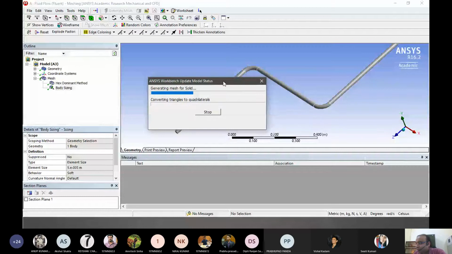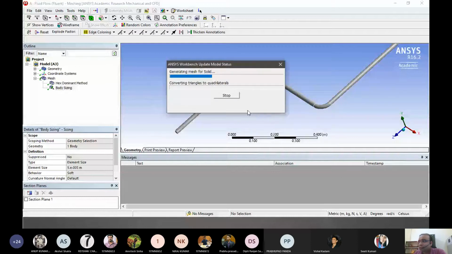So generally it works till now. I don't know why it's taking so much time. Let's wait a bit more. Otherwise we'll remove this, and whatever there is we'll work on that.